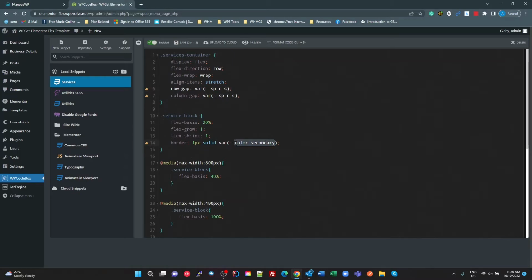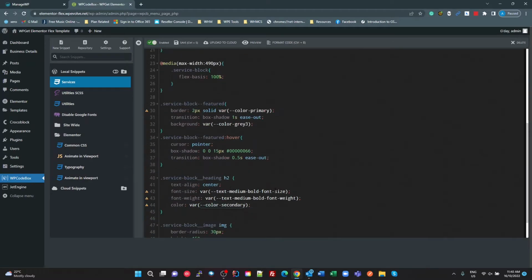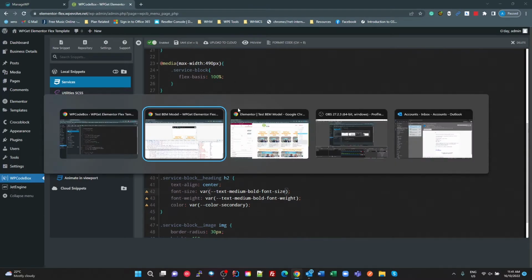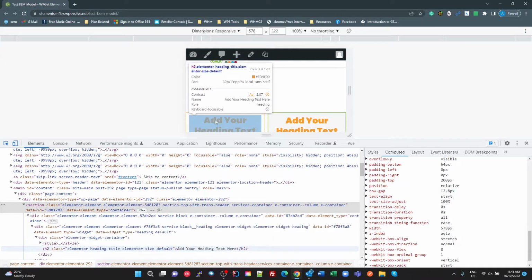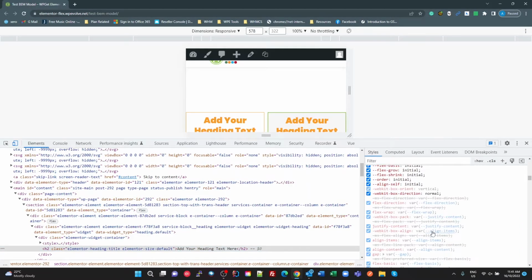You'll notice I've also got some variables here: color secondary, color primary, text medium, bold, font size, etc. I'm going to do probably a separate tutorial on this tomorrow, because it's actually quite involved. But I'd probably encourage that you do this before even looking at this BEM stuff, because a lot of the variables in Elementor, actually, if we have a look at a page, and we have a look at, say, for example, this color here, and we look at the Elementor variables,